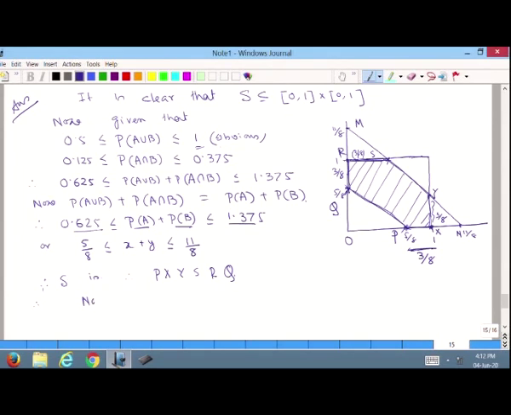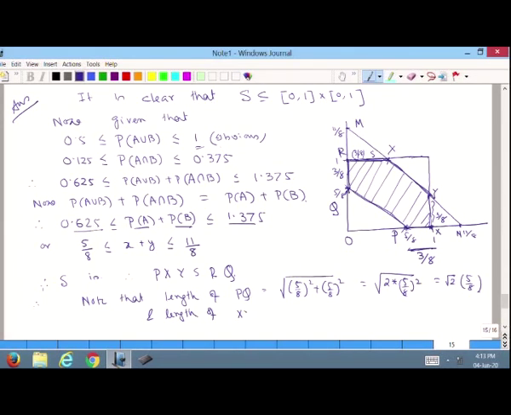So, note that length of PQ is equal to square root of (5/8) squared plus (5/8) squared, which is equal to square root of 2 into (5/8) squared, which is equal to root 2 into 5/8, and length of this